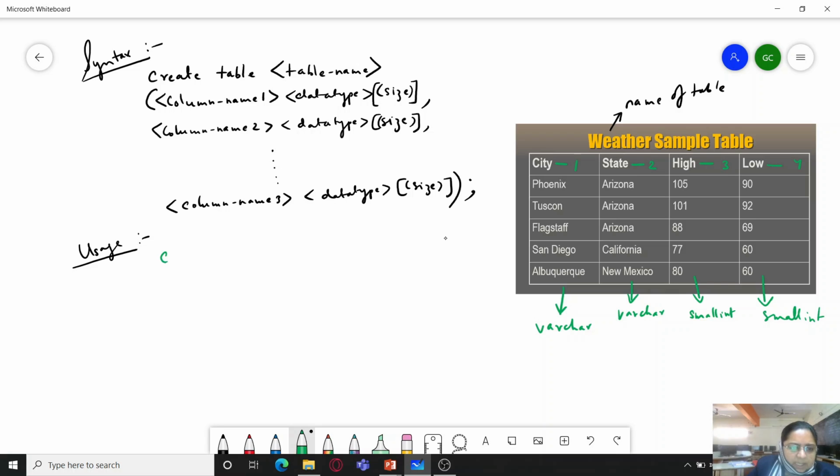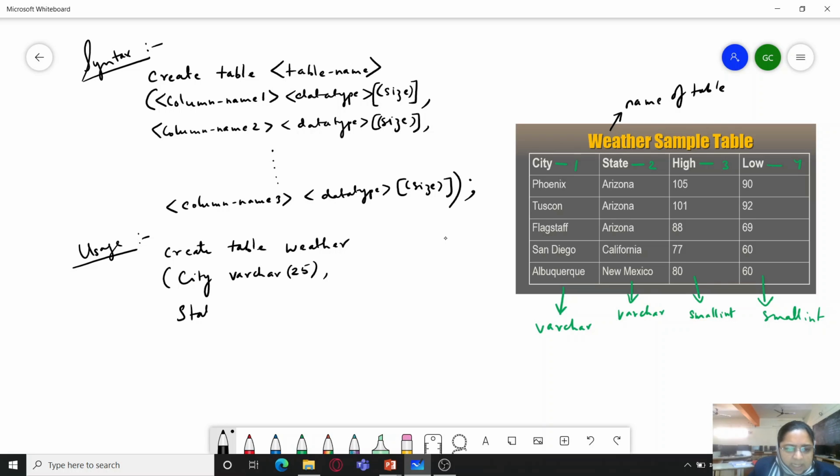So now we'll write here create table. The table name is weather, so I am writing it like this, weather. And first is city, its data type varchar, and because varchar is there we need to provide the maximum size. So let's take the maximum size as 25. Even if the name of the city is very small, that space could be saved, it won't be wasted.